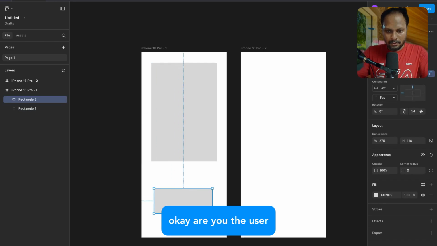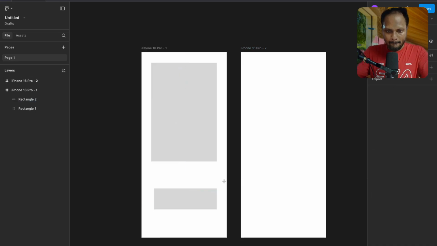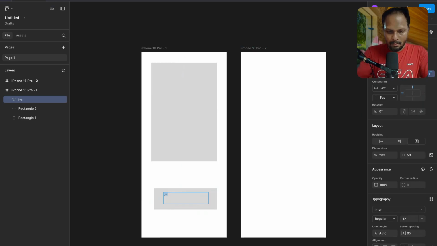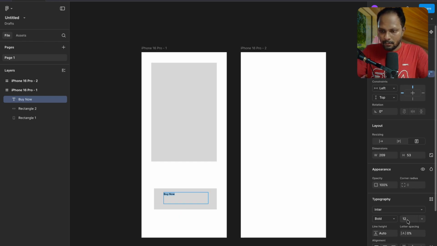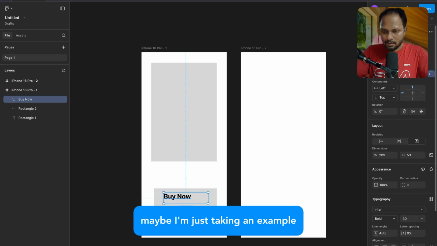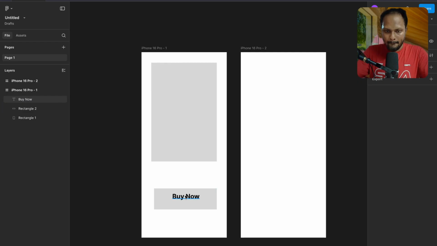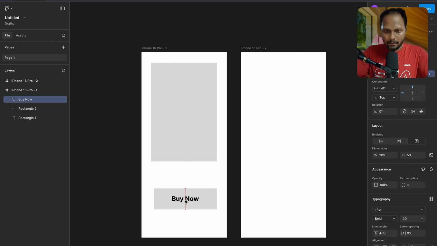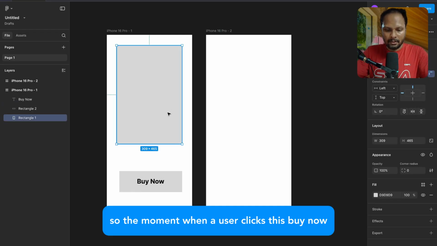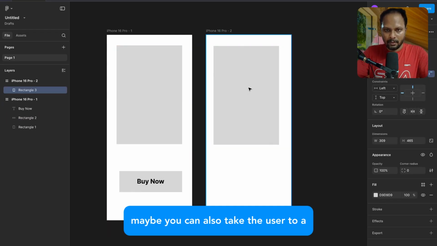Maybe the user, imagine, a buy now button. So you tend to put different options. Maybe I'm just taking an example. Something like this. So the moment a user clicks this buy now, maybe you can also take the